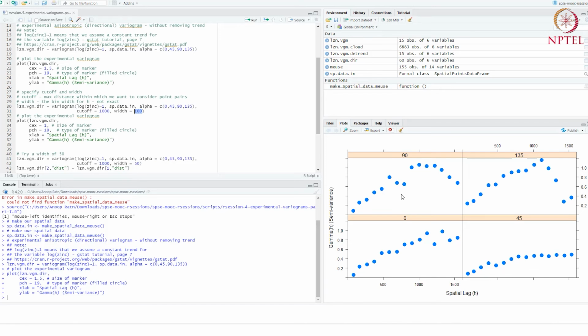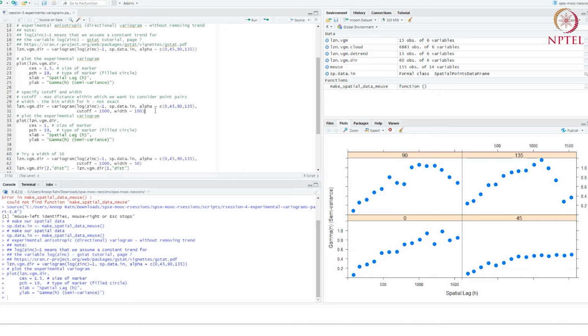But if there isn't a lot of variation at small distances and you use a small width, then you will capture a lot of noise. But if you use a width that's very large, then you will smooth over a lot of localized variation, which is informative and useful. So this is also something that you have to try and play with and see at what value you get results that you consider reasonable.